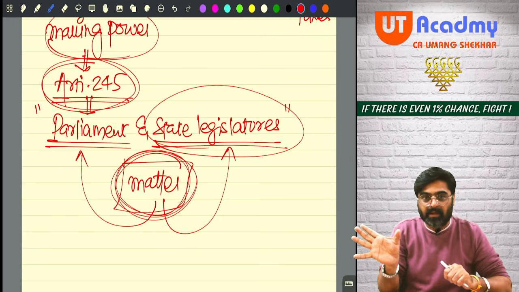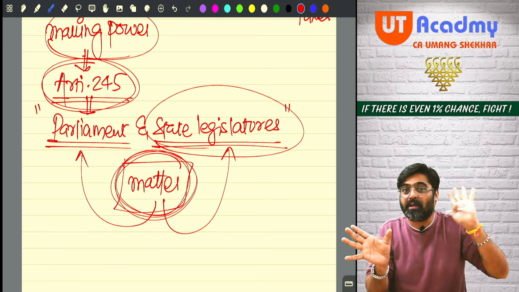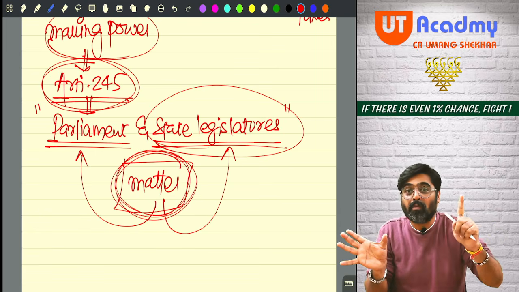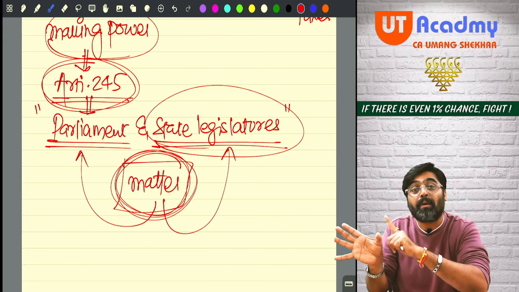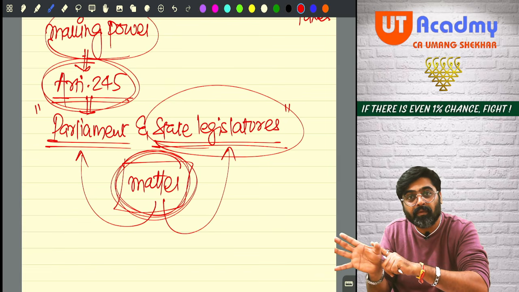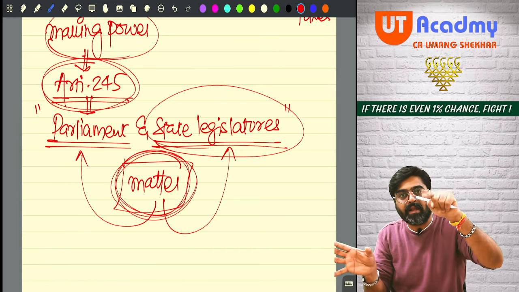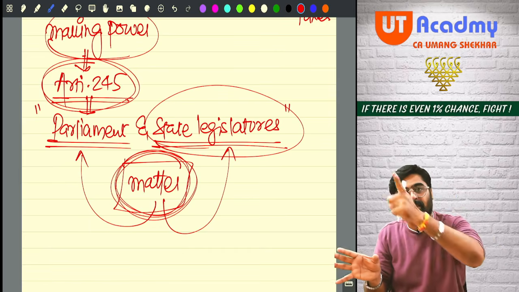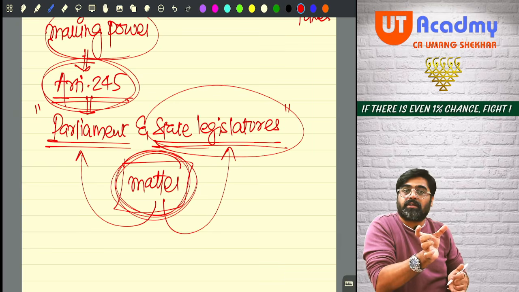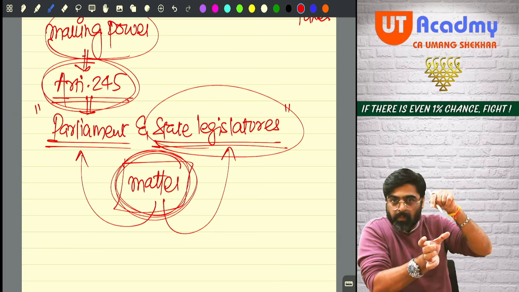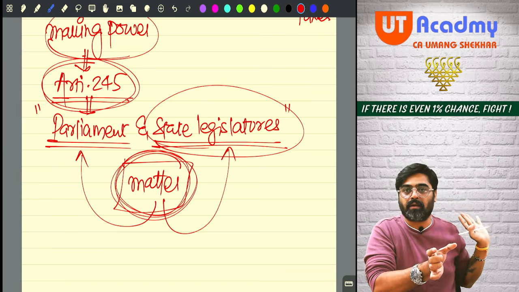On these subject matters, state legislature will not interfere. The law making power on these matters will be with parliament only. That means on these matters, there will be only one law in India made by the parliament and that will be implemented by the central government. But there will be certain matters on which the exclusive power to make law will be given to the state legislature. Parliament cannot interfere here.